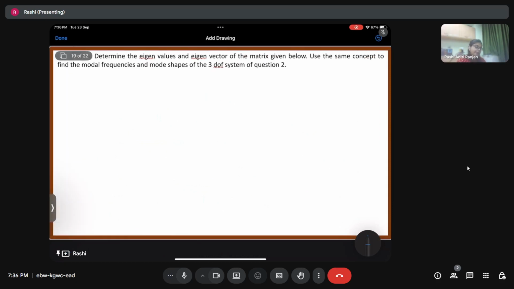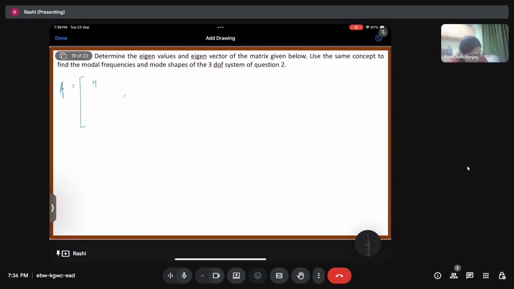Okay, so determine the eigenvalues and eigenvectors of the matrix given below. I forgot to add the matrix. Anyways, use the same concept to find the modal frequencies and mode shapes of the 3 degree of freedom system of question number 2. Firstly, the matrix that I had to include was